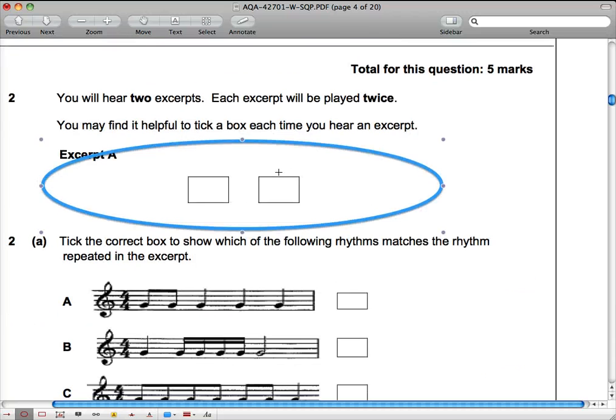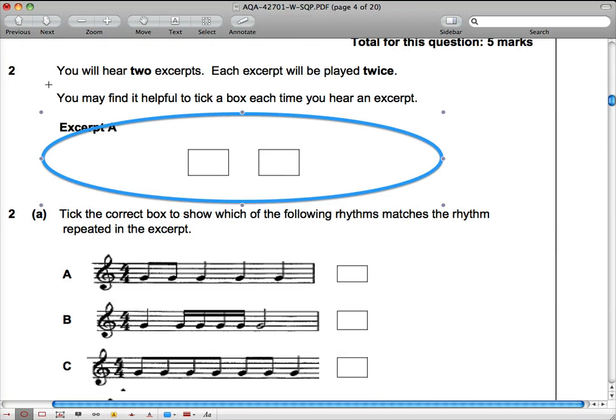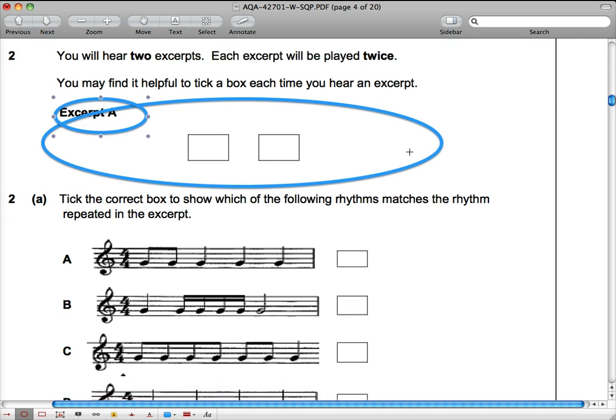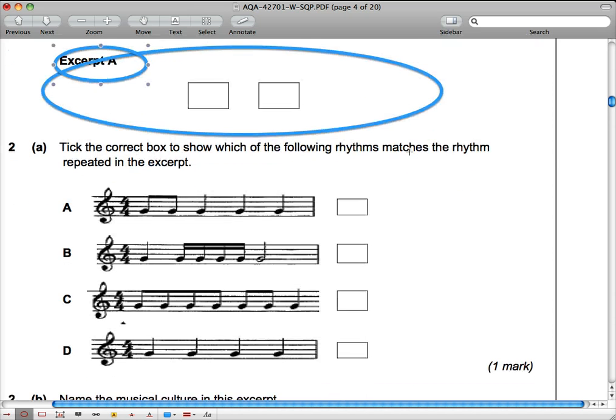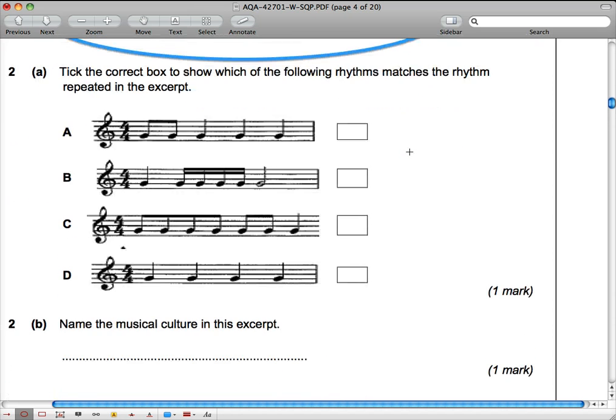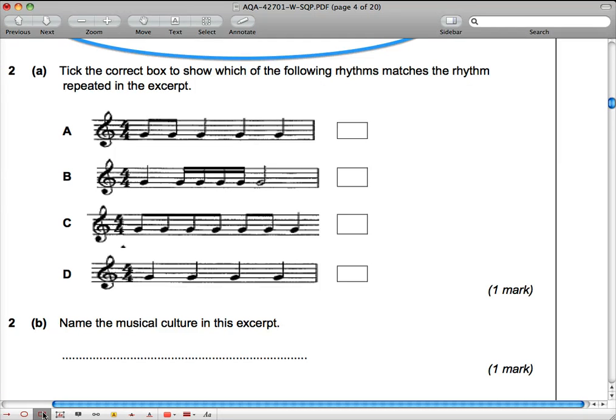So all of the questions on page 3 for the first half of question 2 are to do with excerpt A. So you'll hear it twice, and again you can optionally tick that box every time you've heard it, just to make sure you know where you are in the paper. So question 2 asks you to tick the correct box. There's only one mark and it says the correct box, so you should be looking for just one tick here